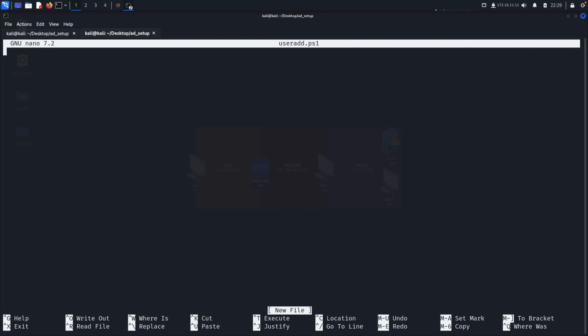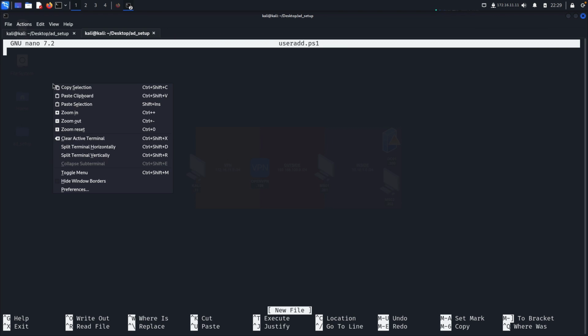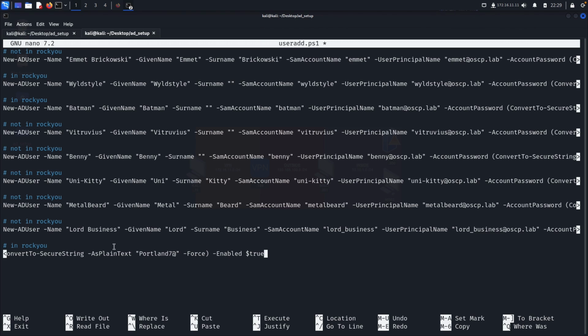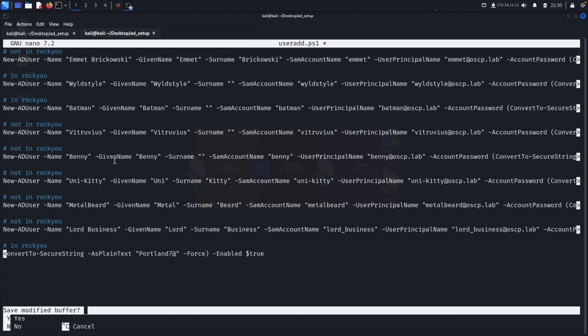Problem is I can't copy and paste this directly into DC01, otherwise I would. One of the limits of running through virtual machines on a distant host. So paste clipboard. Because I'm running Kali locally on my machine, I can share clipboard. So here's our list of users we're going to create and passwords, and some of them are in RockYou, most of them are not. So some of these will be easily crackable, some of them are not, just like you'd expect on the exam. So save that,